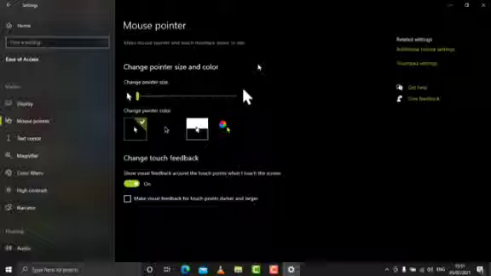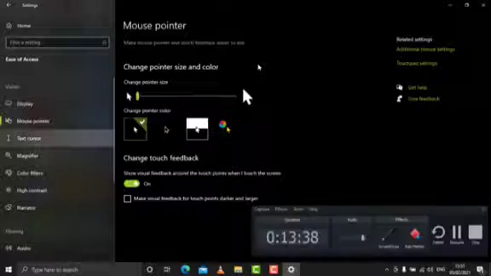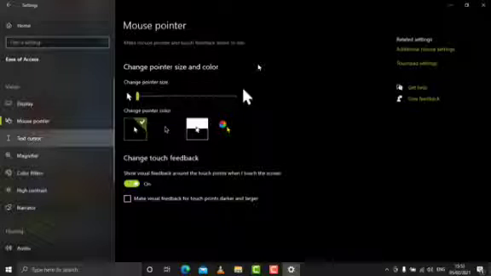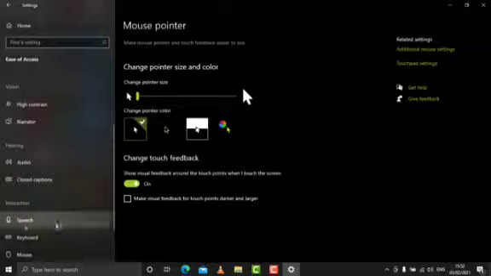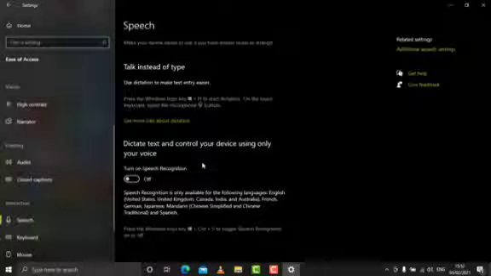The next feature is speech. The next is text to speech, meaning for the person who has a speech impairment. If a person is not able to type properly through the keyboard, he can use some tools through which he can convert his text into speech, and that we can do using the speech option. Here is speech, click on it, and we can click on turn on speech recognition. If you turn it on,